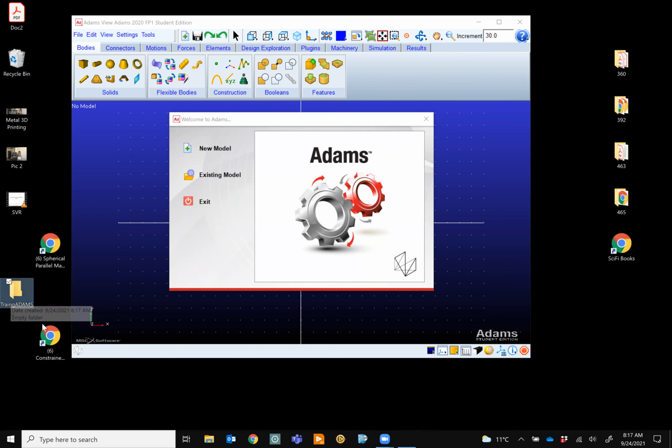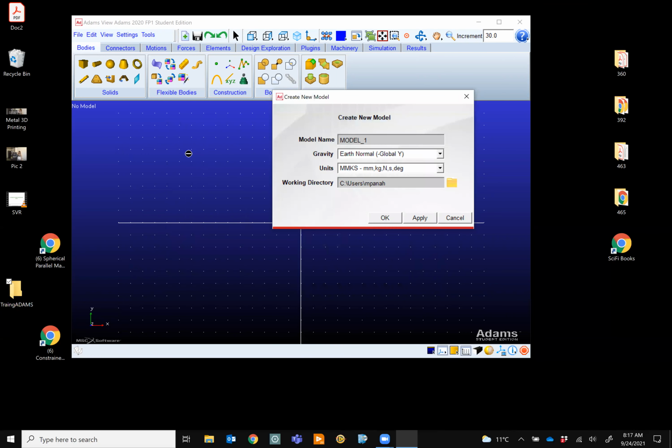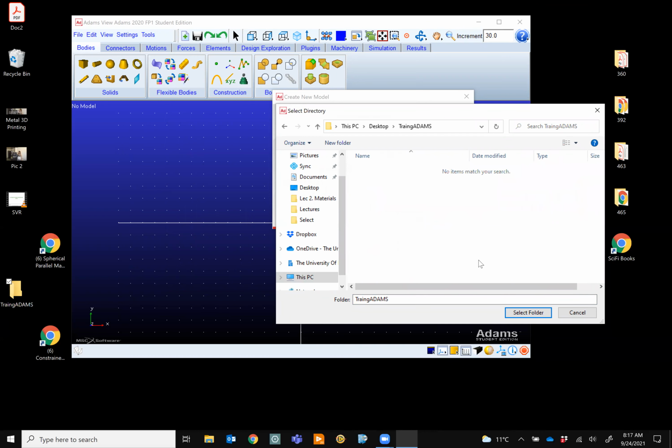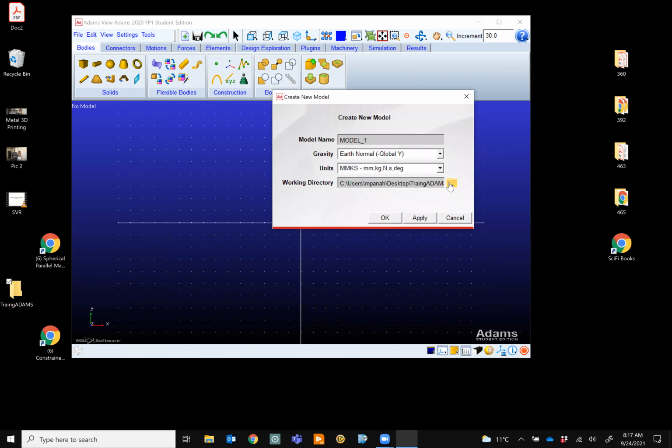So, training Adams: you build a folder if you'd like to save, otherwise you're going to save somewhere weird. Then here you select the folder where you'd like to save. This is where I selected my folder. All right, and then select a name. Do not stick with model 1, because soon you are going to build other models and get confused. Let's say we call it test 1. You can change all of these later, but you can decide at the beginning.